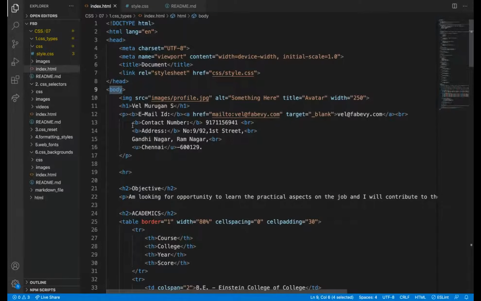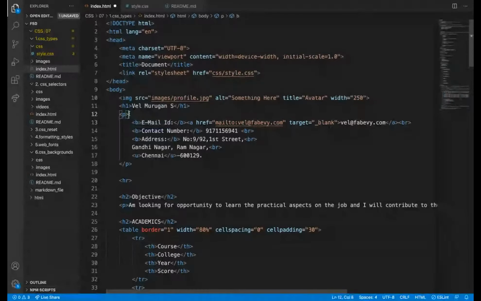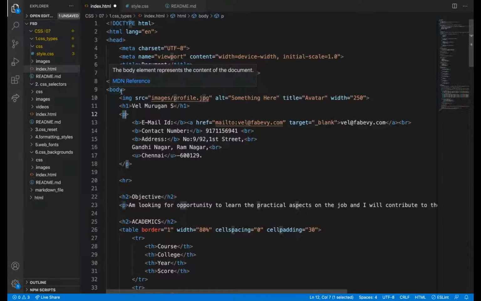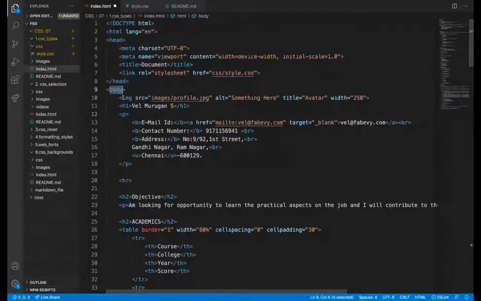Child is only the immediate one: B tag is child to this P tag, but P and bold tag are both the descendants of this body tag. So whenever I say child tag, P tag is child to the body tag, but B tag is not child to the body tag because it is a grandchild. This is parent and then this is grandparent. So all the elements inside these tags are descendants of it.